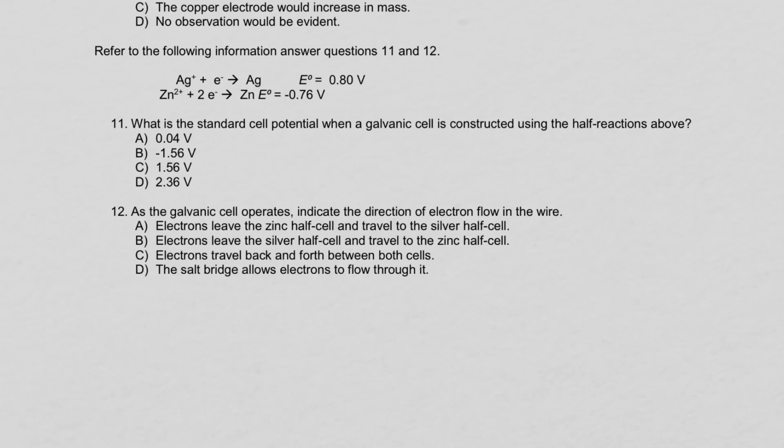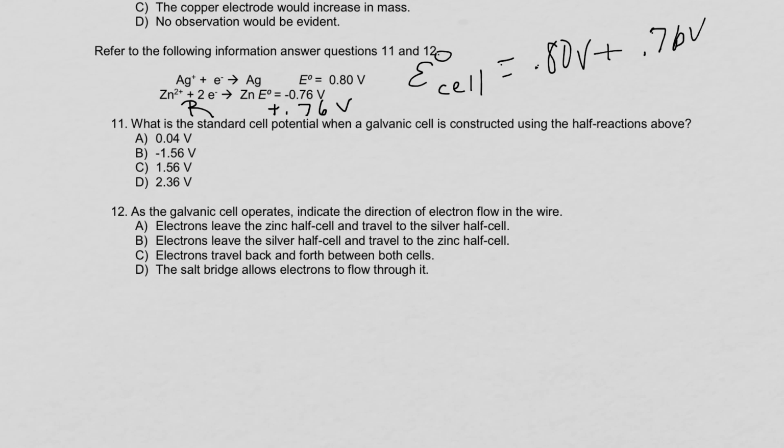So for this reaction, the higher reduction potential, since this is a galvanic cell, will stay reduction. So silver ion will be reduced to solid silver, and it's the zinc half reaction that will be reversed. When we are calculating the total cell potential, we take the reduction potential and we add it to the oxidation potential. But since zinc currently is listed as reduction, we would have to reverse that reaction, and by reversing that reaction, I'm just going to put an R for reverse, we change the sign, because as the reaction is reversed, that also changes the sign. So now we have a positive